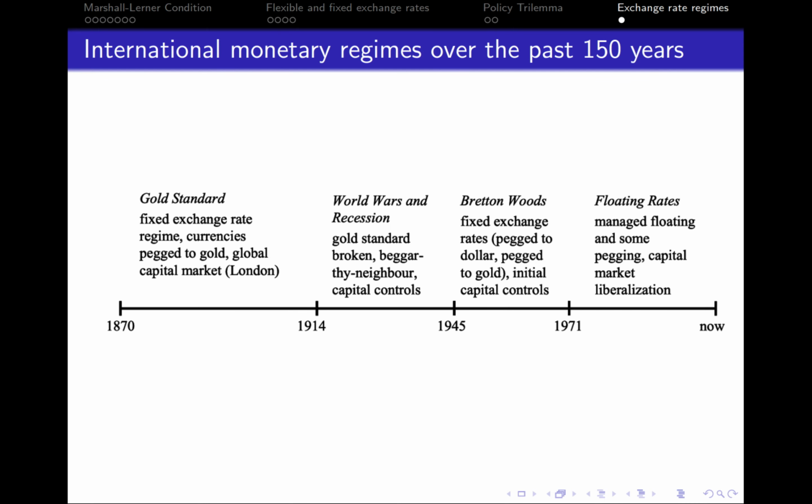We didn't have policy autonomy, but we had fixed exchange rates, right? Again, this was a device that could improve international trade and increase its growth over time. Also, initially, capital controls were included, but they were diminishing over time, which were, of course, one of the reasons why Bretton Woods broke